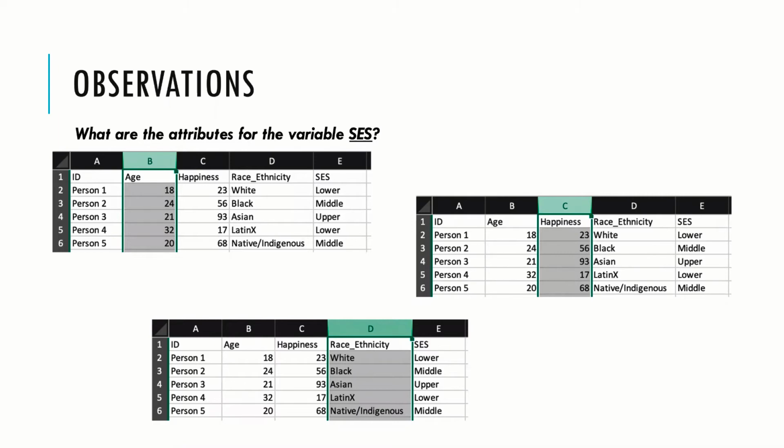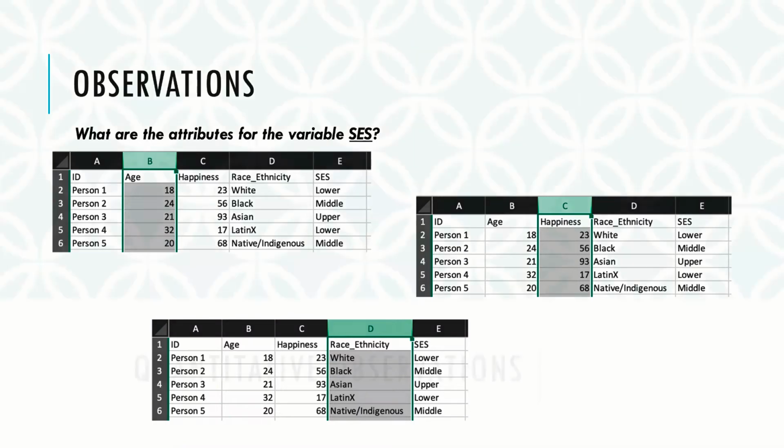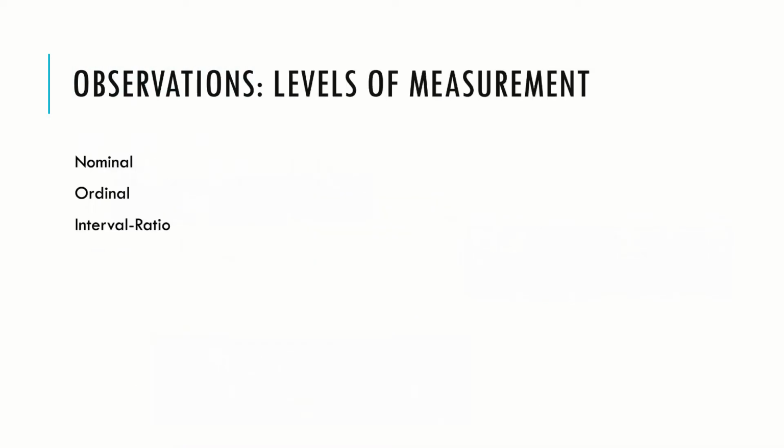We need to attach numbers to them. So when we attach numbers to them, we have to give a breakdown. What kind of variable is it, right? I just gave the example, attaching 3 to upper class, 2 to middle class, 1 to lower class. Does 1, 2, and 3 mean anything meaningful? It might mean something theoretically, right? Upper class is higher than middle class is higher than lower class. But 1, 2, and 3 essentially don't mean anything, right? So we have to figure out, how do we know when those numbers mean something? Well, we have to know the breakdown of levels of measurement.